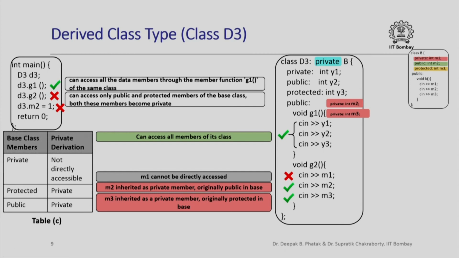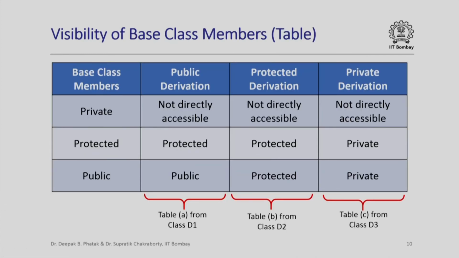So once again summarizing what we have studied in this slide, when we have private derivation like we have over here, then if the base class member is private, of course that member is not directly accessible in the derived class, but regardless of the other 2 access control specifications of data members of the base class, that is whether a data member is public or protected, within the derived class those data members will be accessible only as private data members. So this table summarizes all the 3 previous slides that we have seen so far,